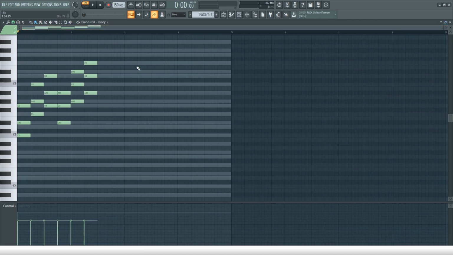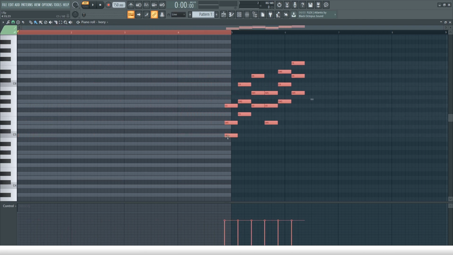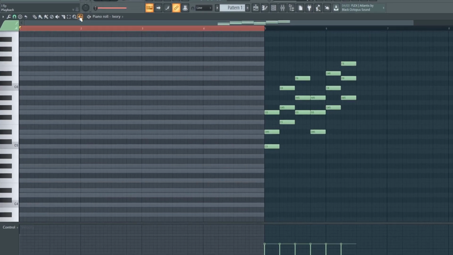Now I'll hit Control A to select all. Then I'll hit Alt G, which will ungroup all these chords so that we can individually edit the notes. While it's still selected, I'm just going to drag it over and out of the space that we're going to continue creating in. So while remembering my chord progression,